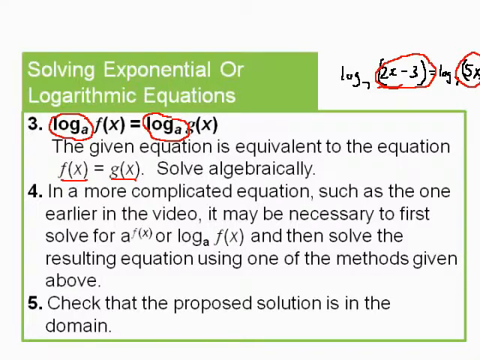So these are things to look at as you're attacking exponential and logarithmic equations. Attack logs with exponents, exponents with logs. They undo, inverses of each other. And of course, in a more complicated equation, such as the one in the earlier videos, it may be necessary to solve for a raised to the f of x or log base a of f of x, and then solve the resulting equation using one of the methods above. So they might throw some log rules in there, and you'll have to combine some things together before you do it, but it can be done. And always check and make sure none of those logs